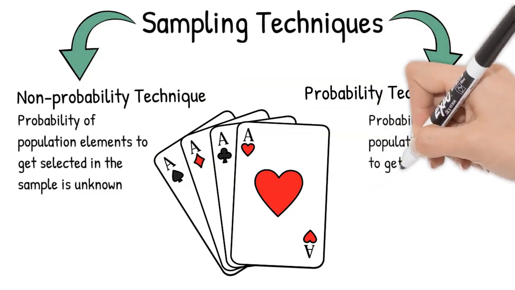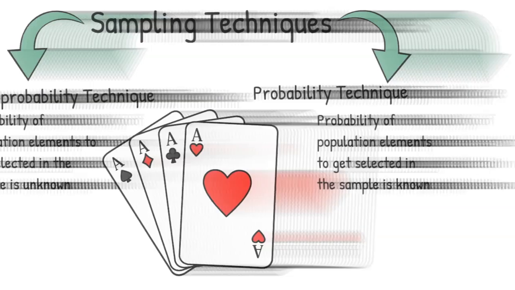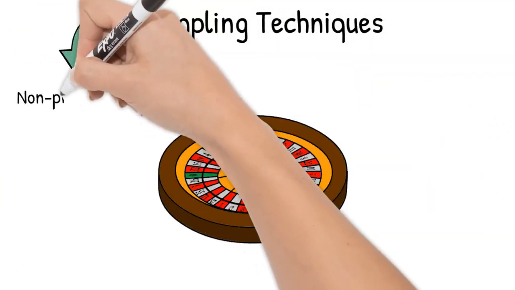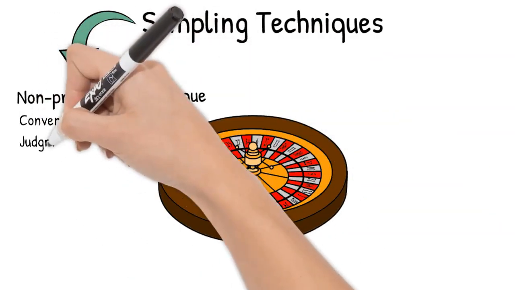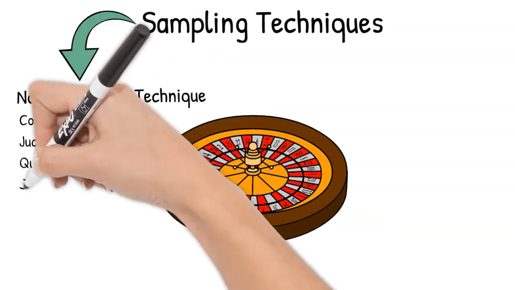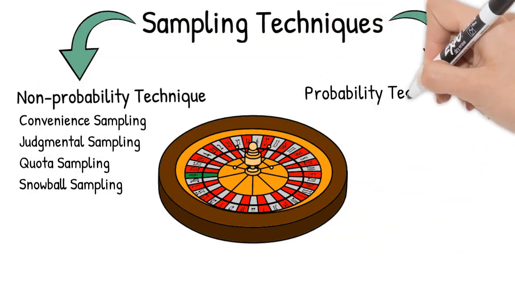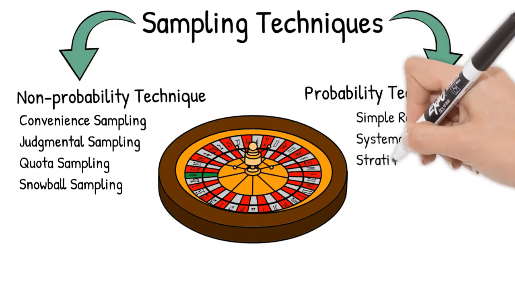There can be four major sampling methods under the non-probability technique, and they are convenience sampling, judgmental sampling, quota sampling, snowball sampling, and there are another four important sampling methods under the probability technique that includes simple random sampling, systematic sampling, stratified sampling, cluster sampling,